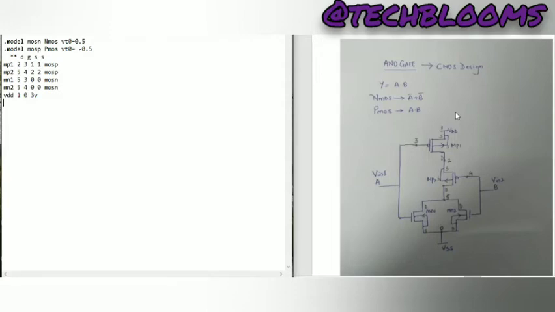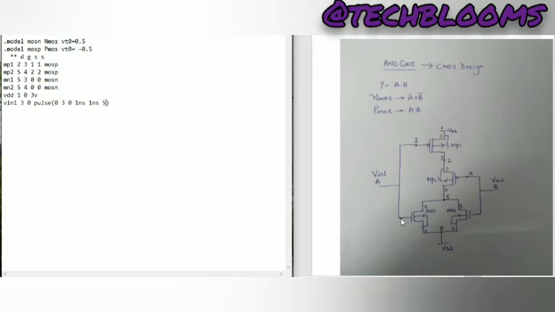Now they are pulses. How do we give pulses in a SPICE code? Vin1, and where it is connected: firstly we'll write that it is connected to 3 and 0. It will be connected here and to ground. The pulse, you need to write the pulse. Now the pulse will have the values 0, 3, 0. This is the low level 0 and the high level 3. Then you have rise time, that is 1 nanosecond, fall time 1 nanosecond,